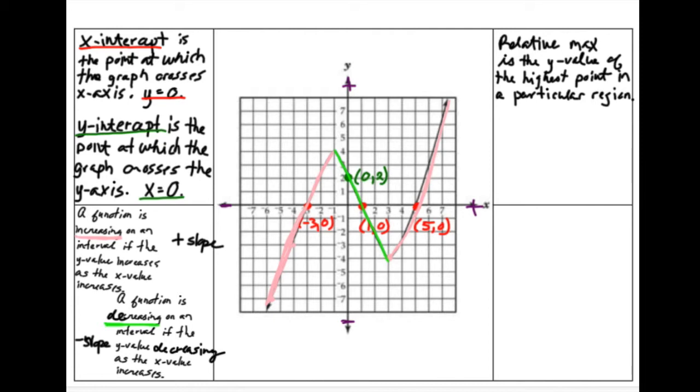So the relative minimum is the y value of the lowest point